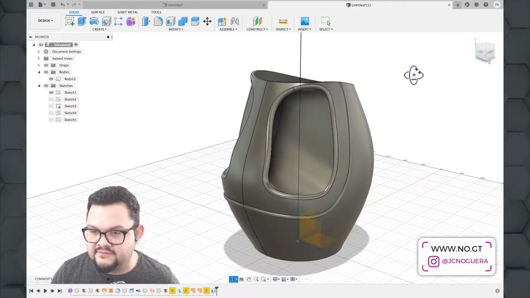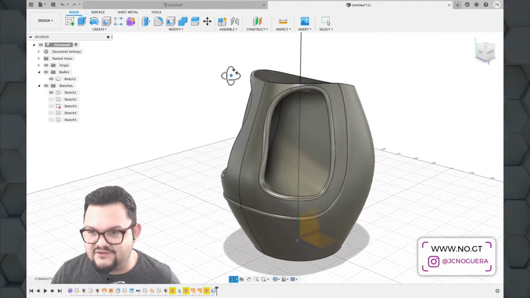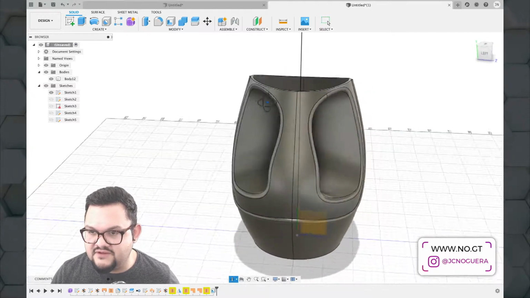Excellent. So I don't know the exact purpose of this vessel. I just wanted to play around with all these surface tools and add some interesting complex geometry to this with you. So I hope you're able to follow this tutorial with me,